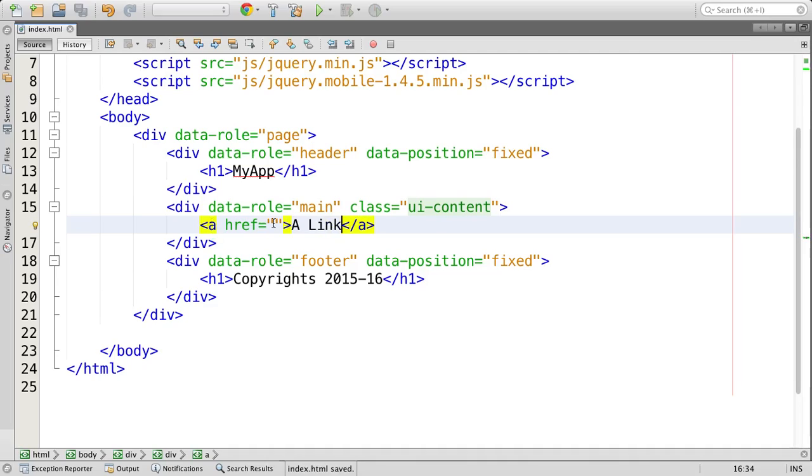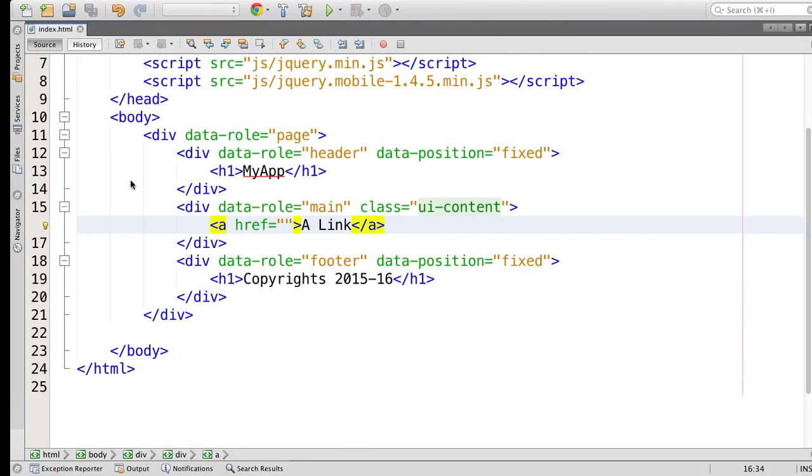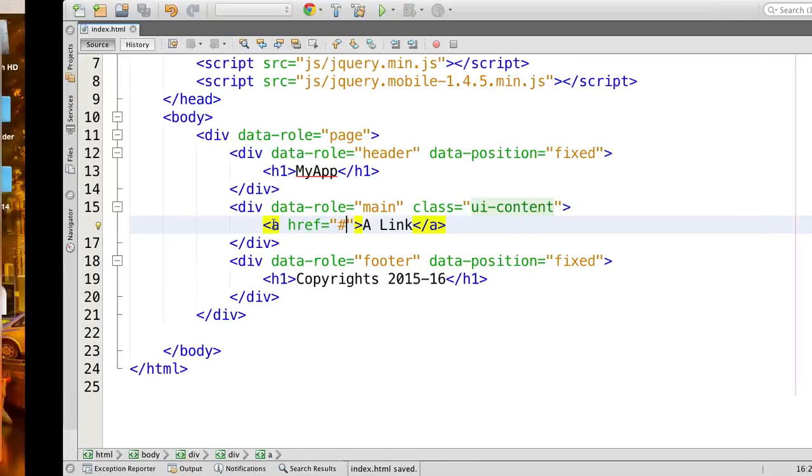I haven't added anything in the href because I may add some other link. But how it looks, we have to see. So as far as jQuery Mobile, we have to understand the user is not going to see the HTML content. He is going to see what a typical mobile site shows. On a mobile site, if you notice, on most mobile phones you buy, the navigation happens through a button. So in this case, put a simple